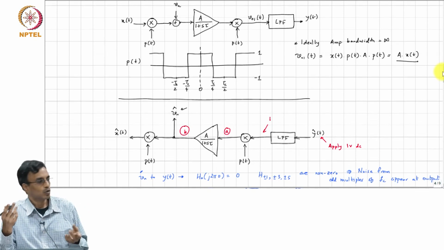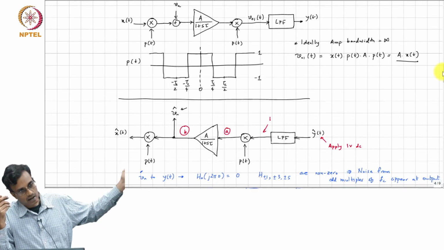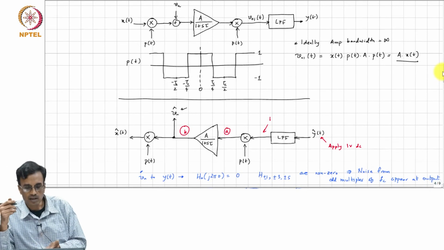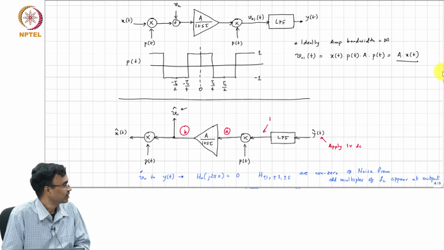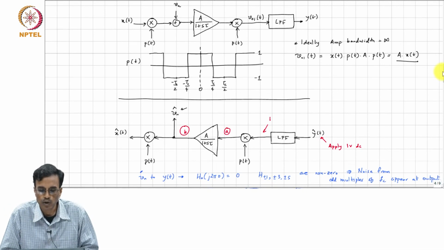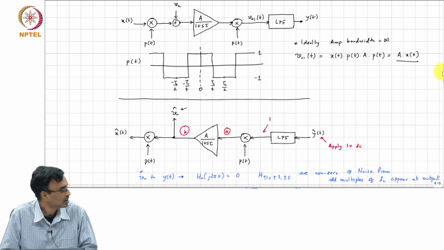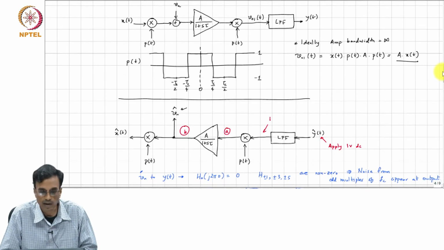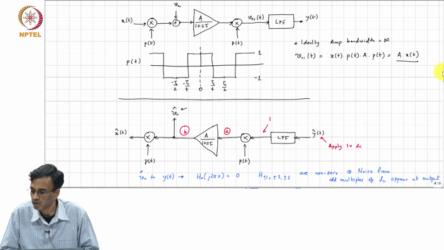So, you could go on putting in an input tone at FC and then at 2 FC and then arrive at the same result. But that is messy, and you do it once for the offset and once for Vn and once for x of t, and that too for each frequency. Applying the adjoint technique basically saves a significant amount of labor. So, this is a very useful trick to